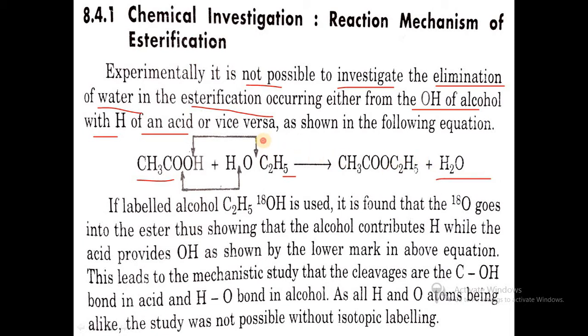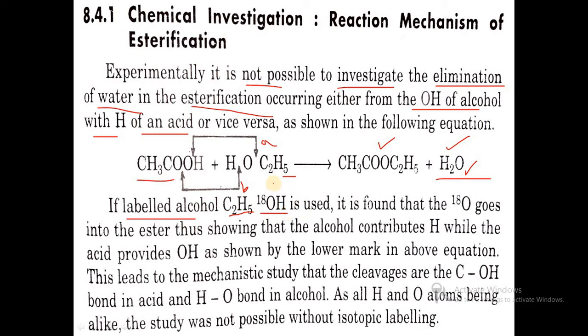With respect to the upper part, that is part A, the H of the acid and the OH of the alcohol contribute, then elimination of water is possible and the ester is formed. And another pathway, B, is that the OH of the acid and the H of the alcohol participate and water is eliminated. So to trace this oxygen, the labeling of oxygen takes place. So if labeled alcohol